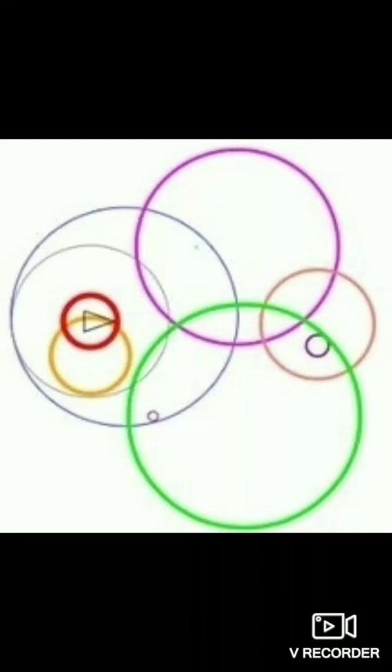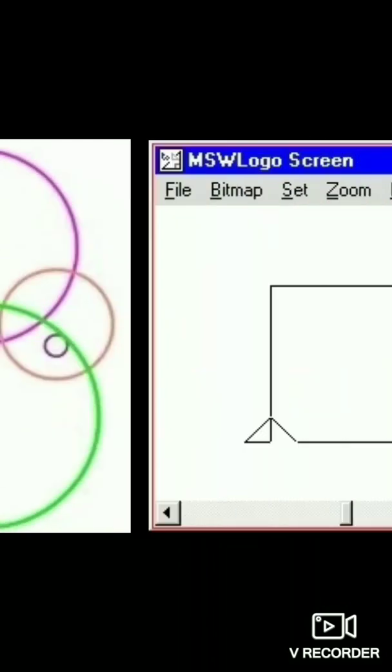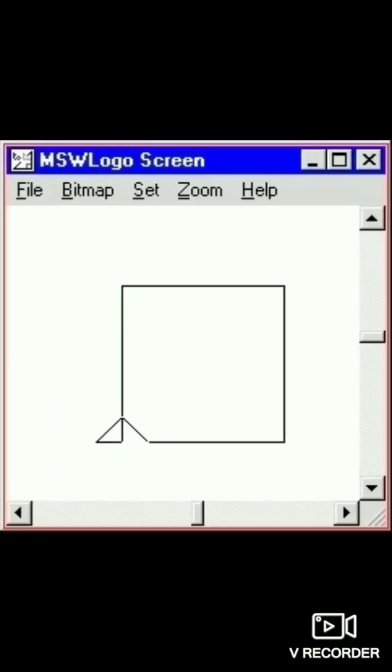For example, repeat 4 in square brackets, you put FD100 RT90, which is going to be repeated 4 times. That is denoted by repeat 4 for drawing a square. Right.